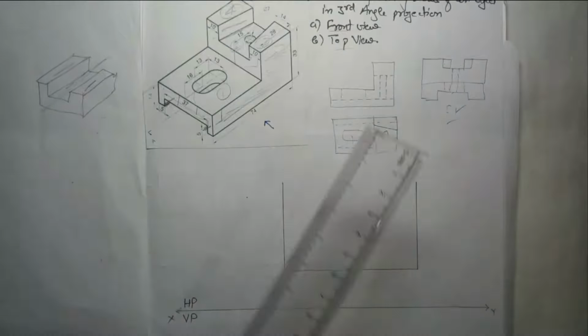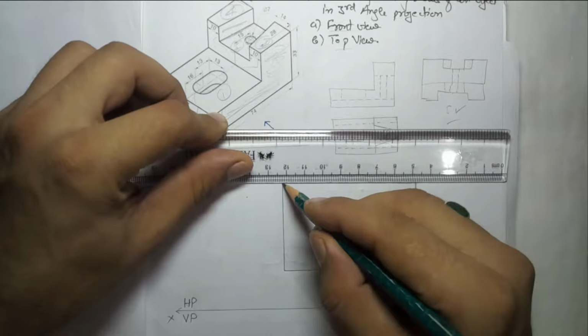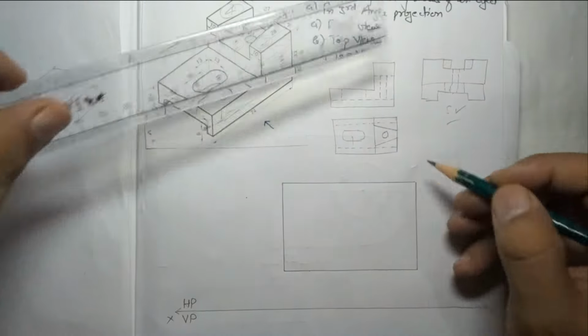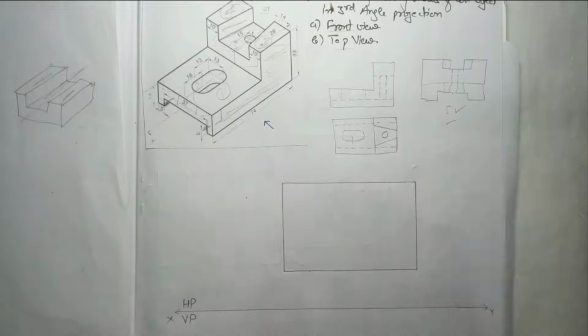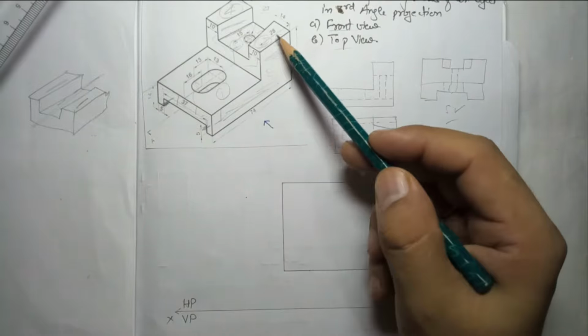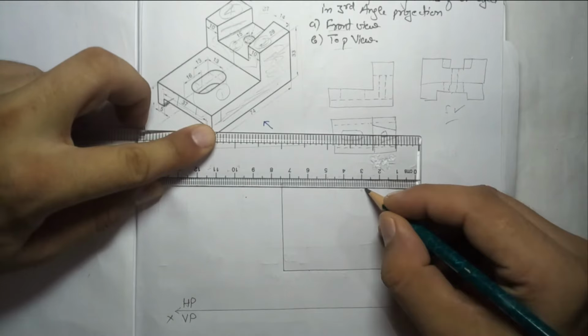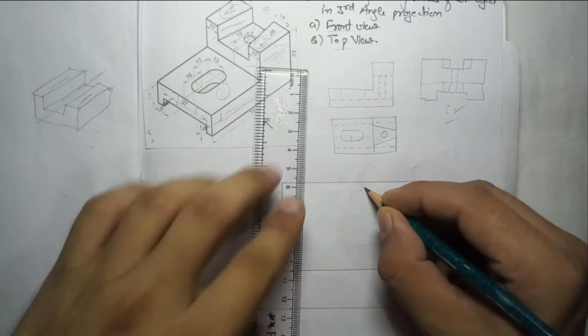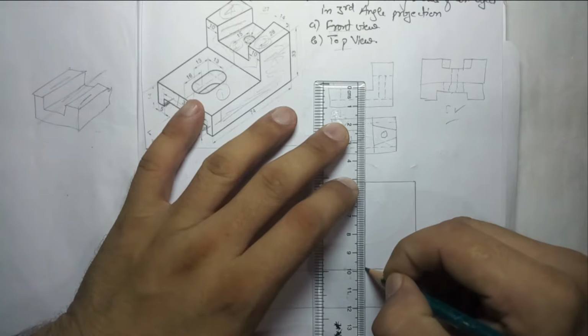Take the help of freehand sketches to make the diagram. No need to worry about the surfaces if you have drawn the correct freehand sketches. Now you have to just draw the diagram with dimension only. So this is the same. Now we know that there is one dark line here. At what distance? It is 28 given. So from this part I will take 28 and we will draw one other visible edge.